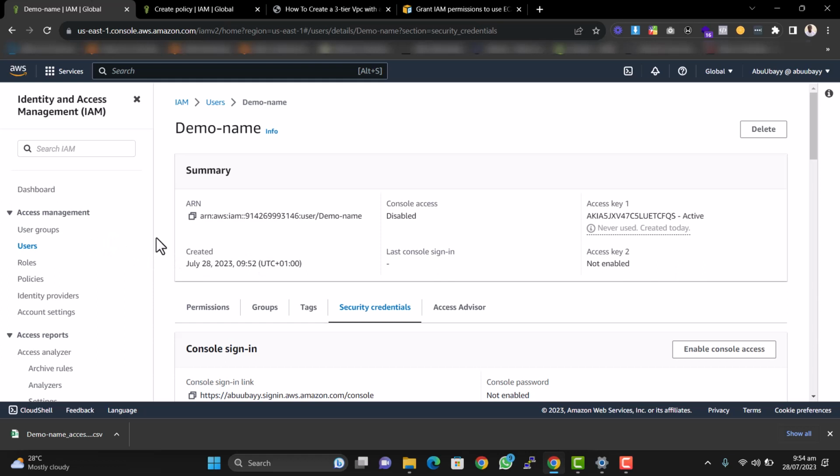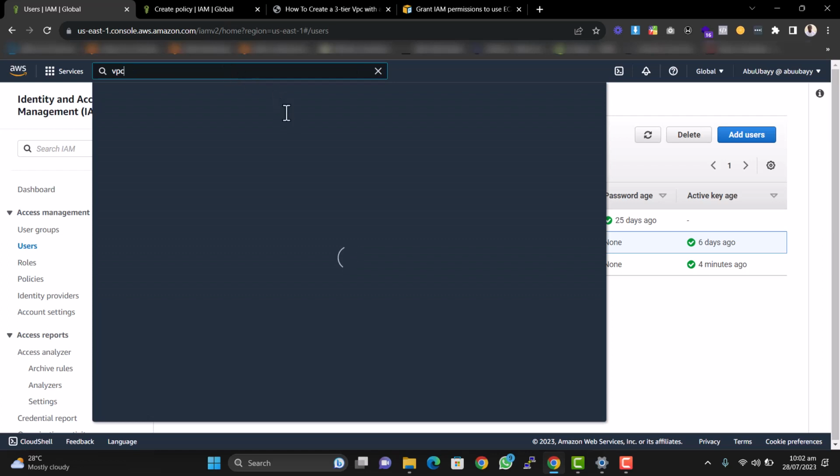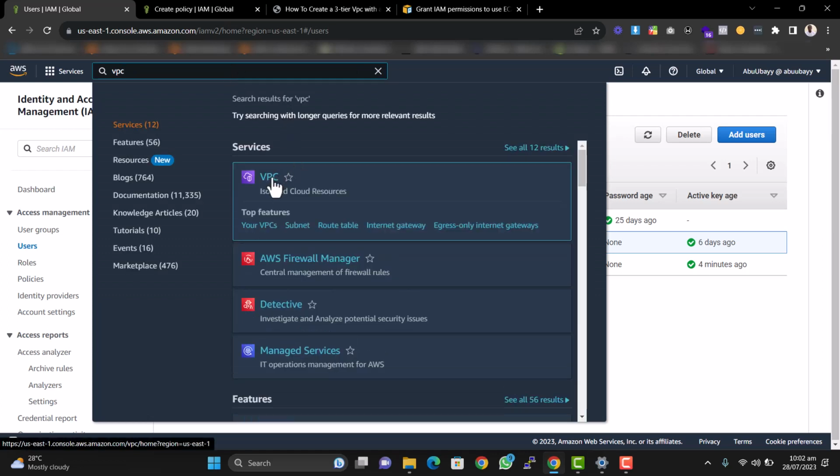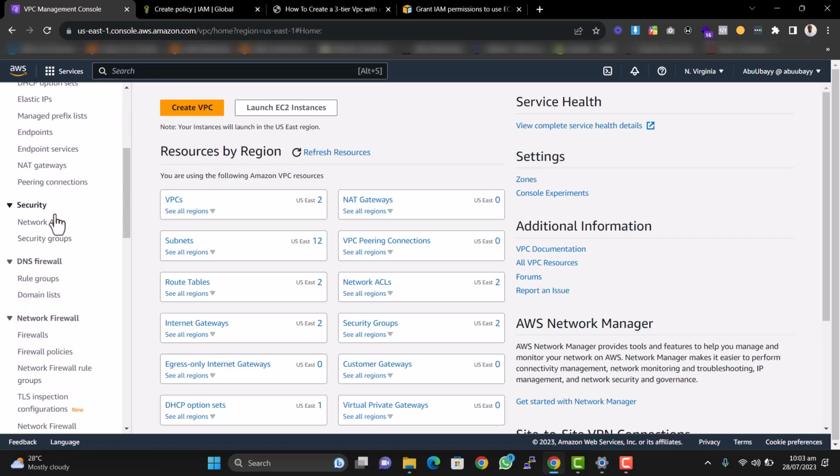So we've created all the IAM policy that is needed for our EC2 Instance Endpoint Connect. So we'll go back to that search button and search for VPC. So the next thing we are going to do is to create our security group. So we'll click on VPC again. So we are on the VPC dashboard, and the next thing we are going to do is to create our security groups. So we scroll down, go to security groups,